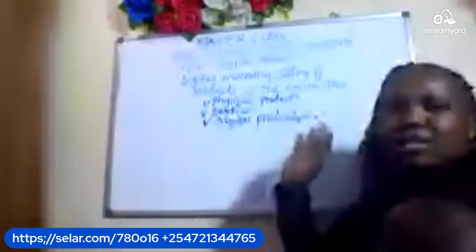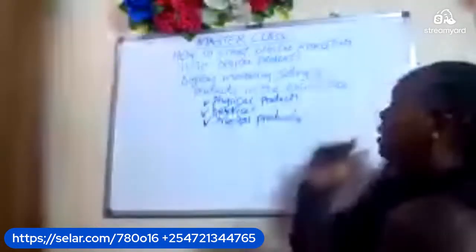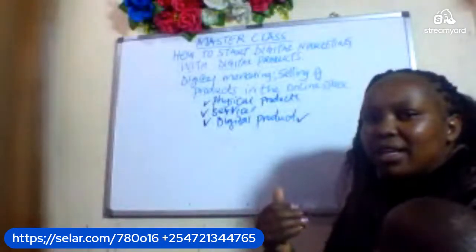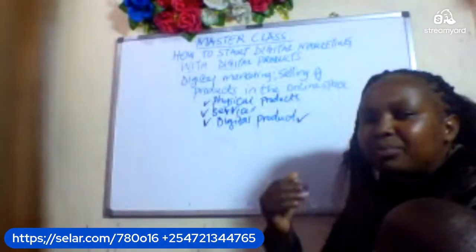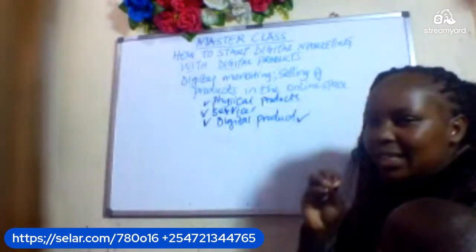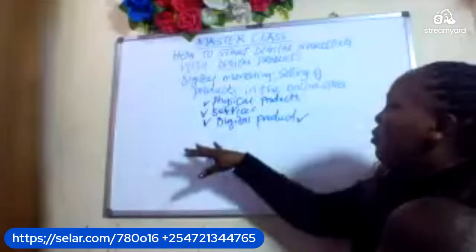Then we go to the next thing. Now that we've understood what digital marketing is, and we know the products that we can sell, can we go to the next step? We want to differentiate between a done-for-you digital product and a do-it-yourself digital product. And this is where you got to choose where you want to start. If you want to make money in the online space, I'll be telling you exactly what you can start with. Okay, so stay with me.